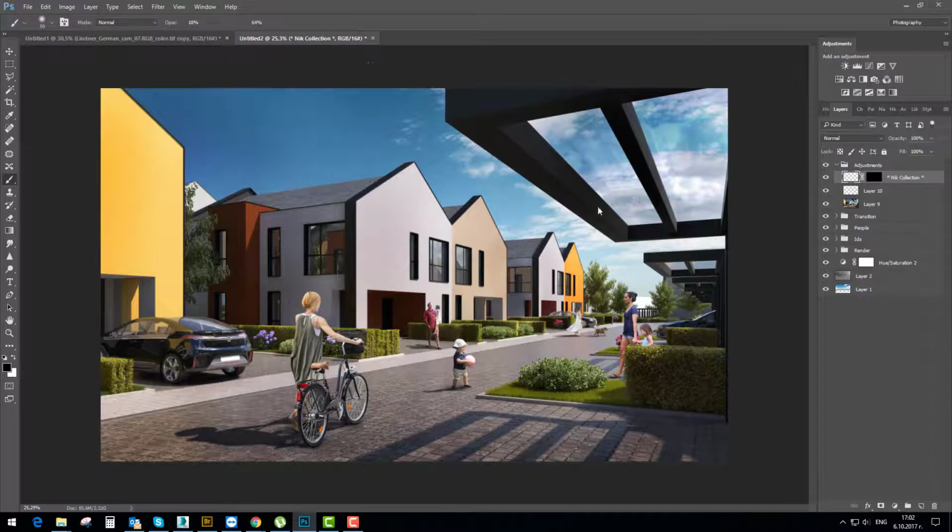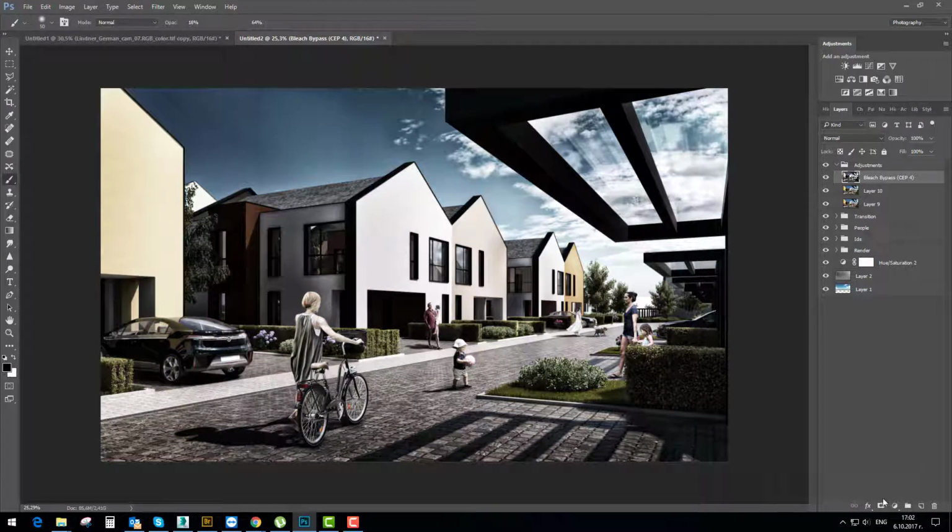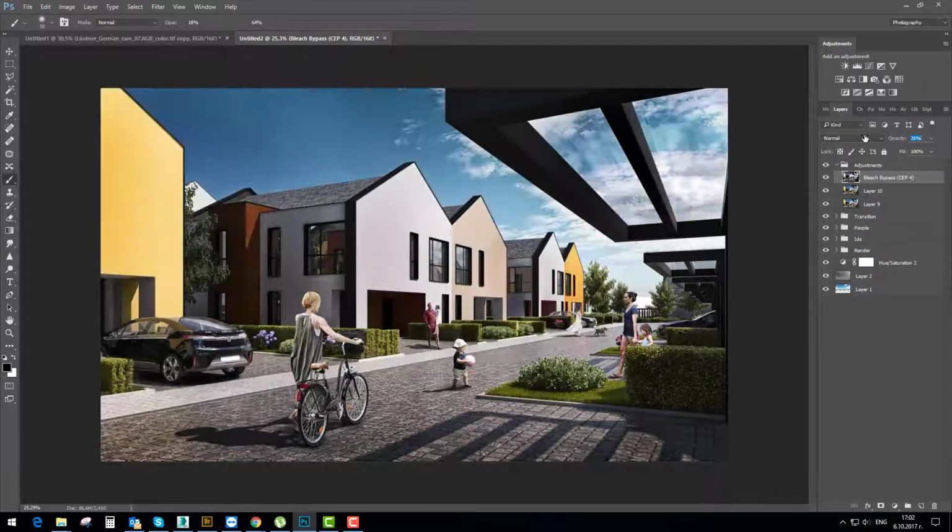I'm going to use bleach bypass, which is adding nice contrast and details in my scene. But in general, it's